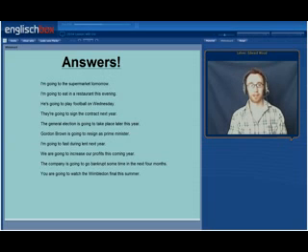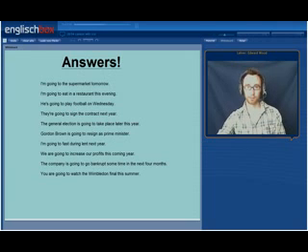Later this year, sorry. Number 6, Gordon Brown is going to resign as Prime Minister. Number 7, I'm going to fast during Lent next year. Number 8, we're going to increase our profits this coming year. Number 9, the company is going to go bankrupt sometime in the next 4 months. And number 10, you are going to watch the Wimbledon final this summer.